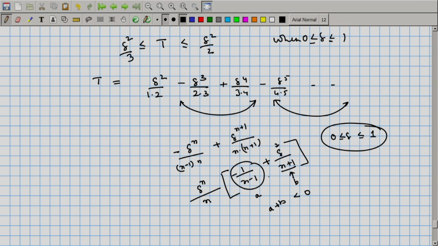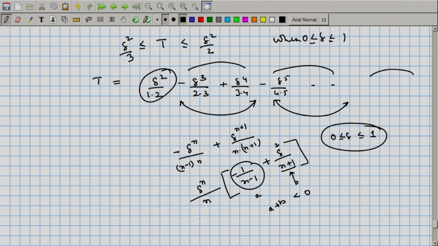So, all these terms are going to be negative terms, and their sum is going to be negative. So, t is going to be at most delta square divided by 1 into 2. Now, if you take